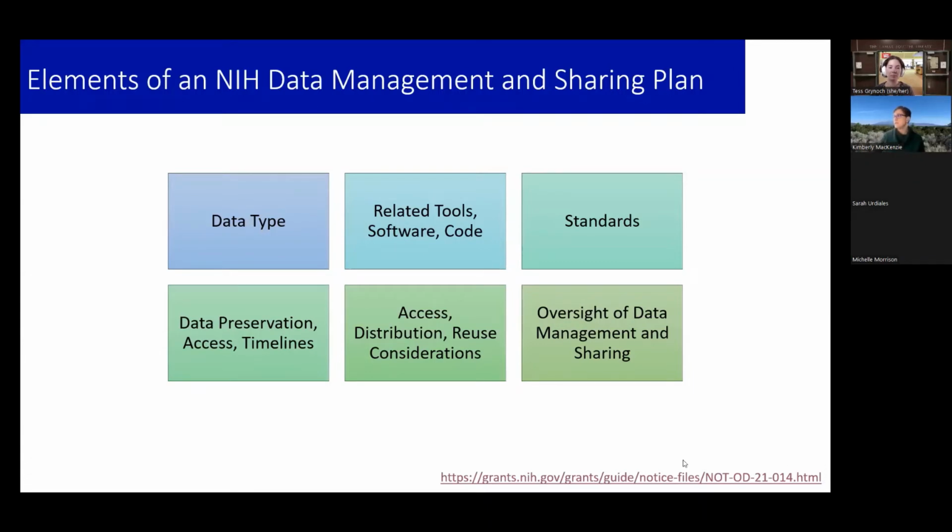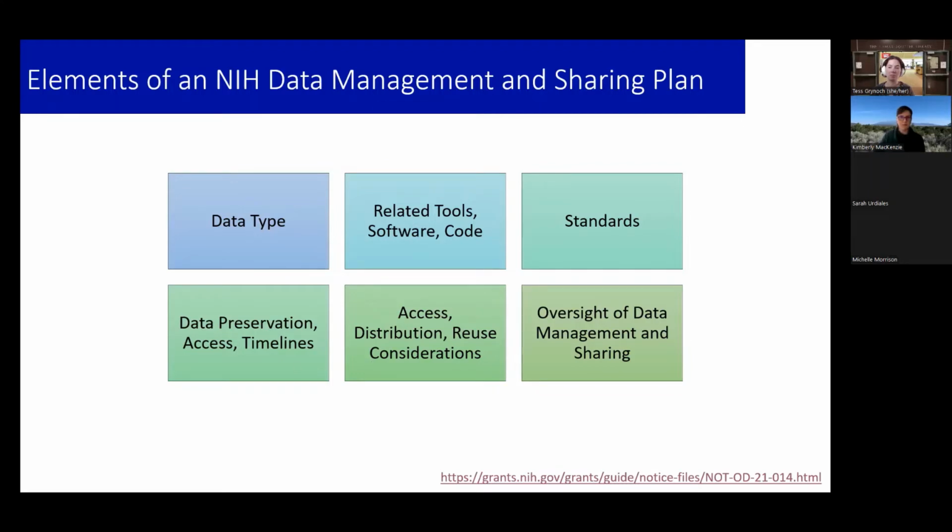You'll notice these are at the bottom of the slides. But we're going to give you some of the highlights for each of these. And these 6 topics will need to be covered in an NIH data management plan. Data type, the related tools, software and code, standards, data preservation, access and timelines, access, distribution, and reuse considerations, and